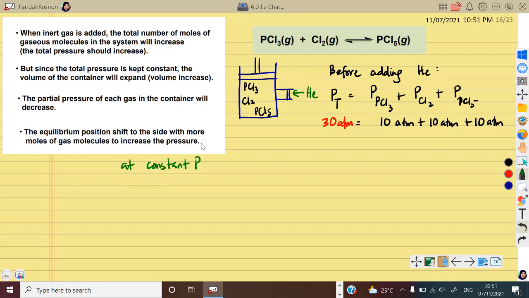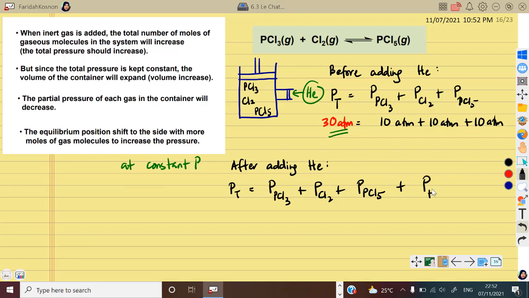Okay, at constant pressure. Maksudnya apa? Maksudnya sekarang, kalau before adding inert gas tu, total pressure-nya 30 atm. Selepas saya tambah helium, mesti total pressure pun 30 atm. Maksudnya sekarang, saya boleh tulis macam ni, after adding helium, P total adalah partial pressure of PCl3 plus partial pressure of chlorine gas plus partial pressure of PCl5 plus partial pressure of helium